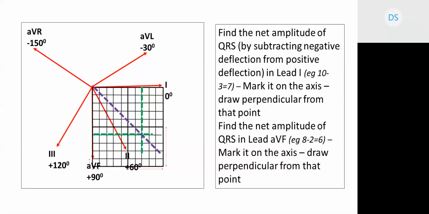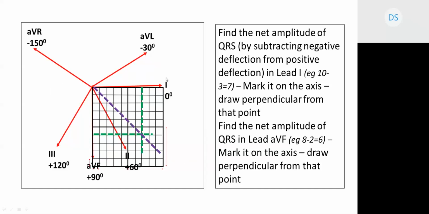I can repeat this once again. This understanding is important for all of you. Remember, first, what did we do? We found that it is positive dominantly in lead 1 and it's positive dominantly in lead AVF. So we decide that my axis is going to be in the left lower quadrant. Then to exactly find out the axis, I again go to see the QRS complex in lead 1, where I